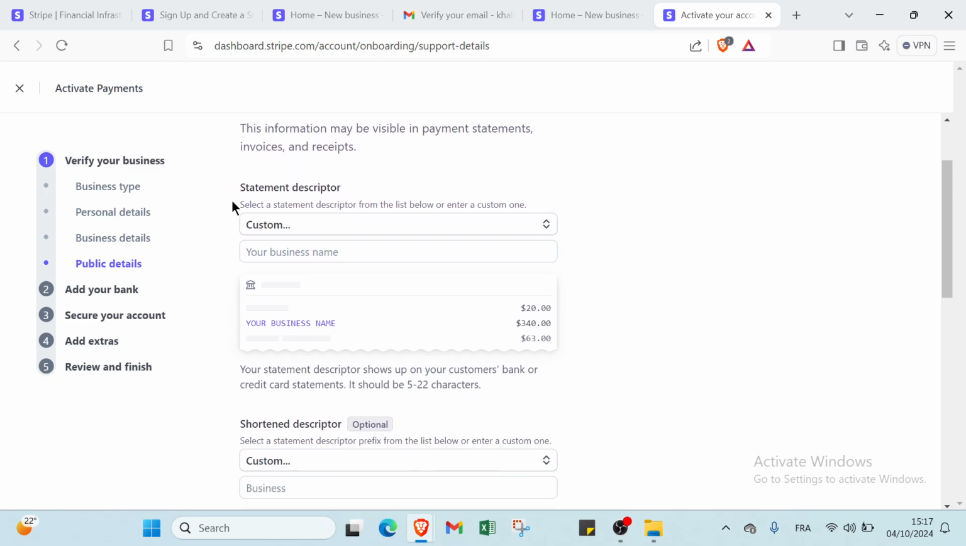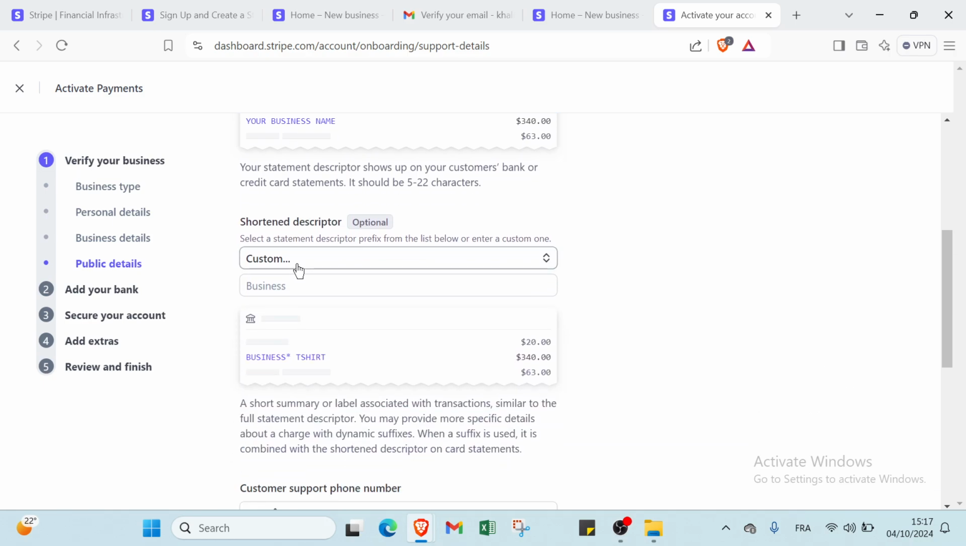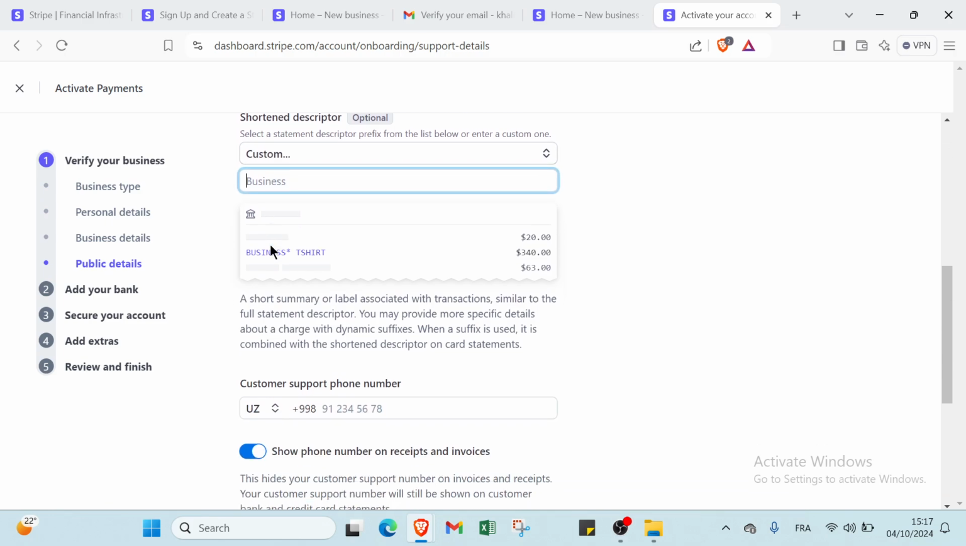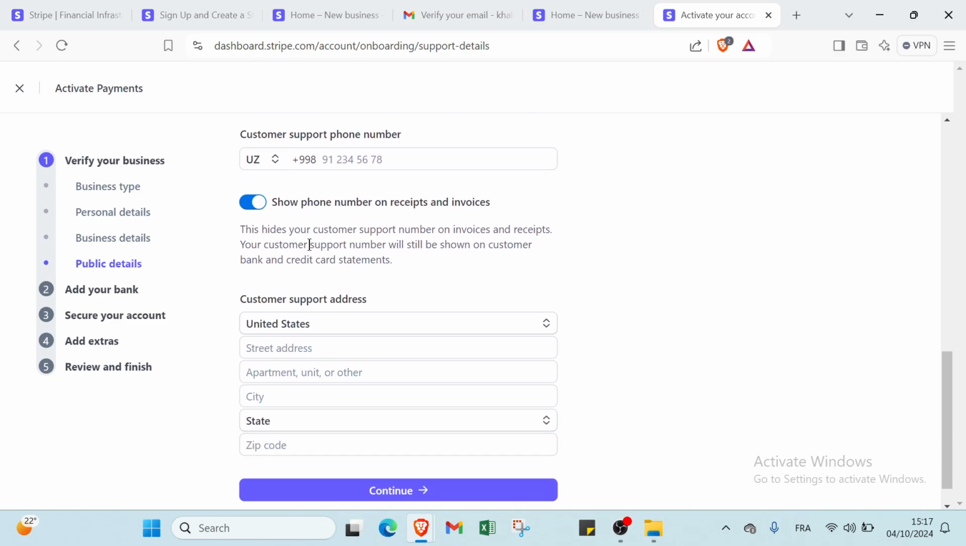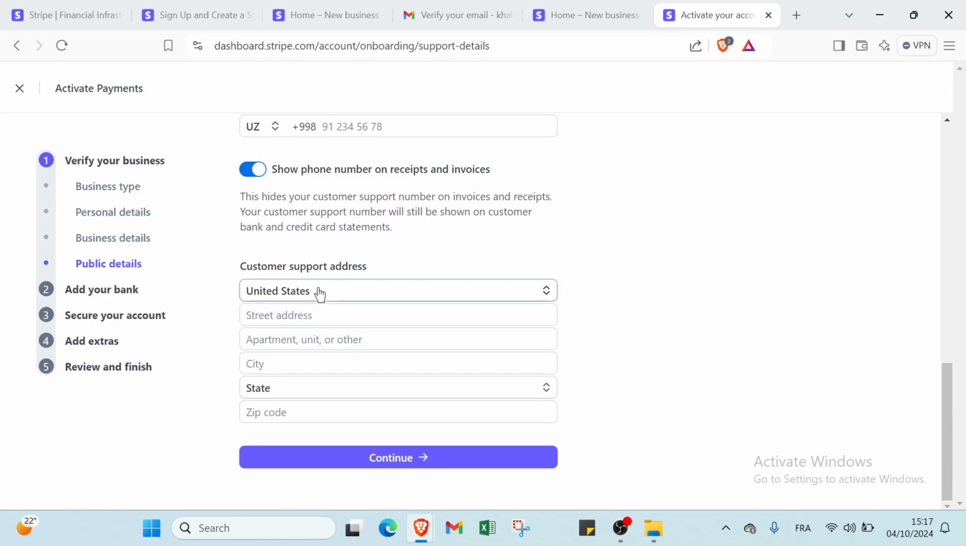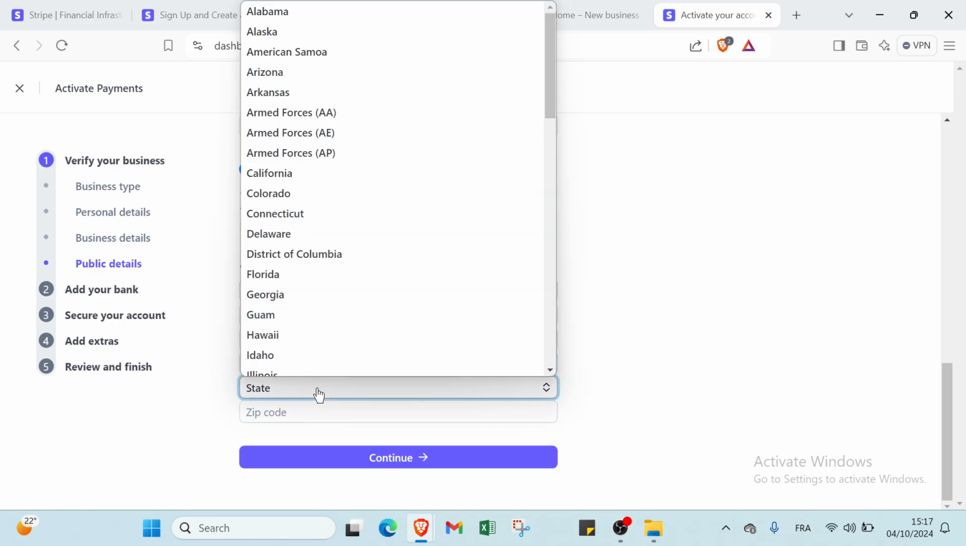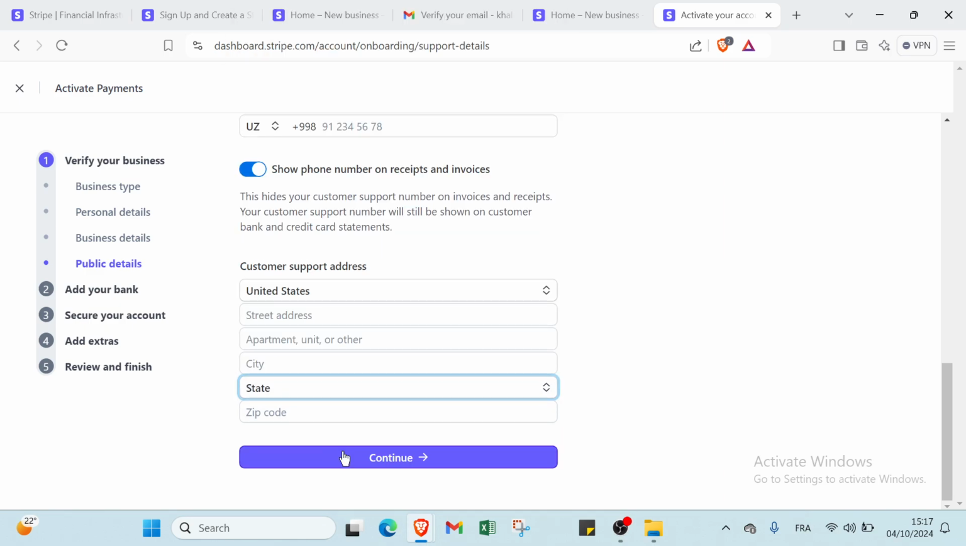We have first your statement descriptor. Select a statement descriptor from the list below or enter a custom one. Then we have also here shortened descriptor. We have also business here, and then we have the customer support phone number and also customer support address, like which country, the street address, apartment, city, and we have state and the zip code, and you click over continue